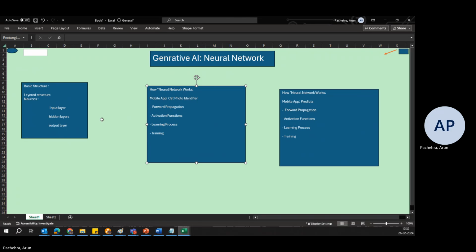So the very first thing was forward propagation. What happens here? Users upload photos. Each photo is converted into numerical format. You remember why? Because it doesn't understand language the way humans do. It's a machine. It understands through numerical format.